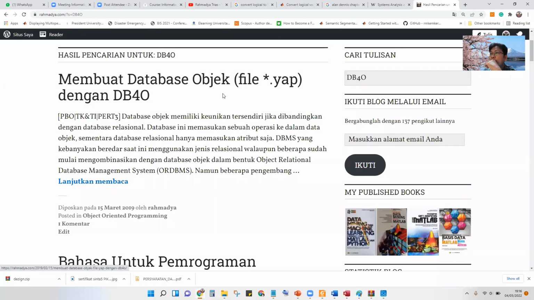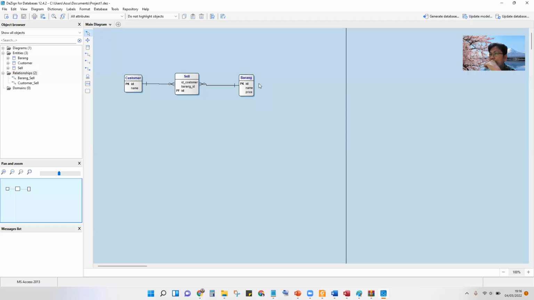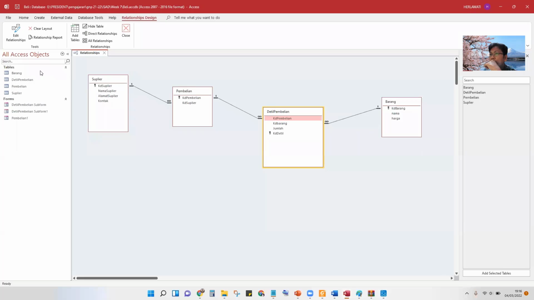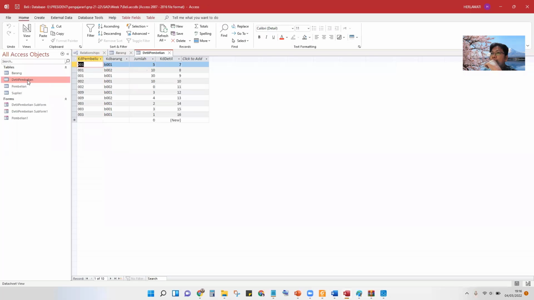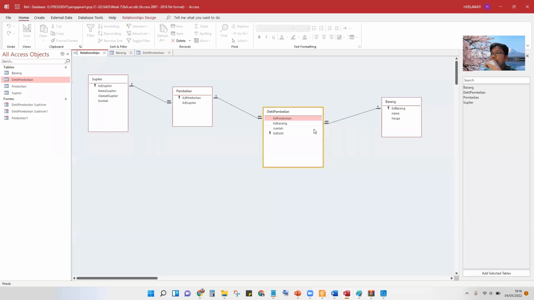This is for Java. We can use this style. We store a lot of stuff inside one